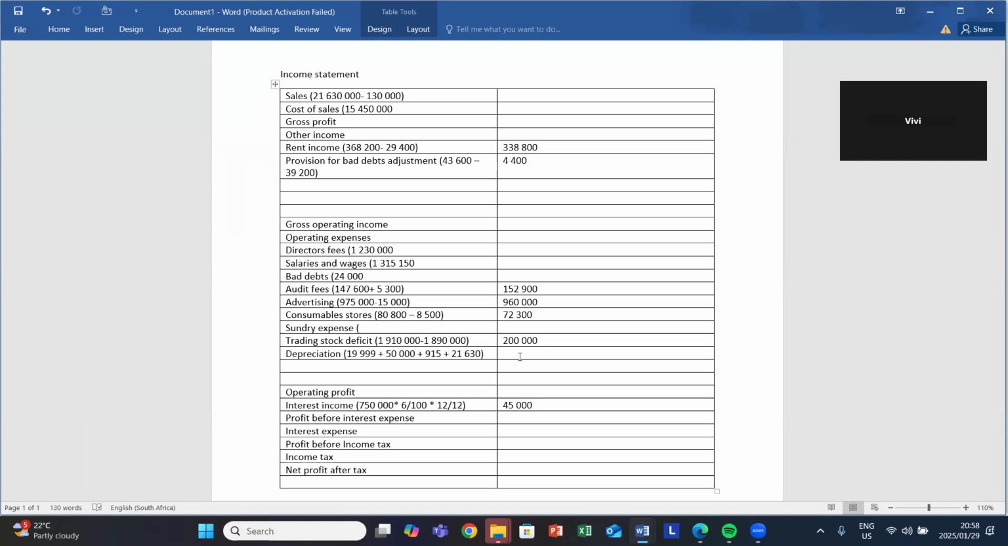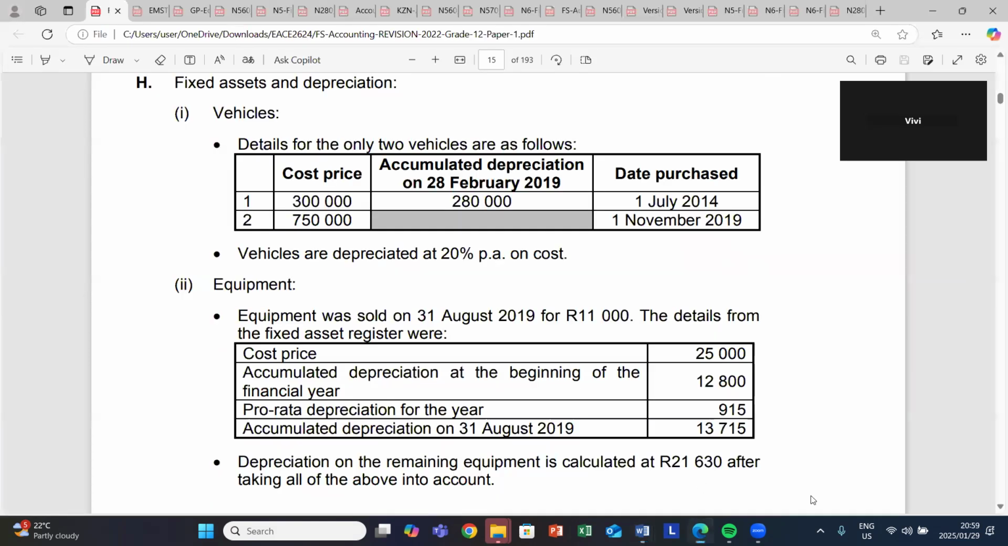So in this situation, let's say our depreciation aggregate: 19,999 plus 50,000 plus 950 plus 21,630. In which you'll get 92,544. And then that one,